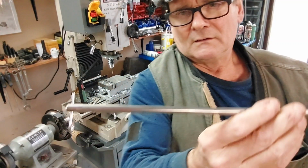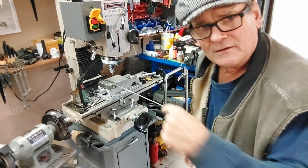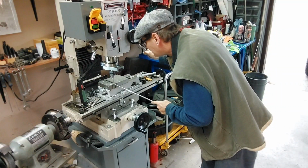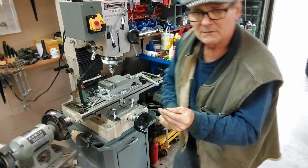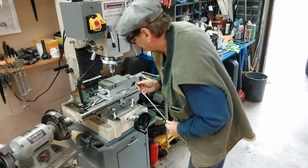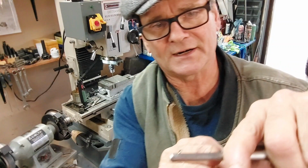And there's the pin. I'm drilling the hole in the end for the pin. There it is, and stainless seems to like high speed, so I had the speed turned up. And I should have a pin here somewhere. I decided to go with the smaller pin. There's a burr there. I got to knock that burr off, but